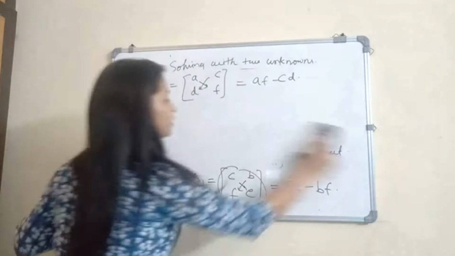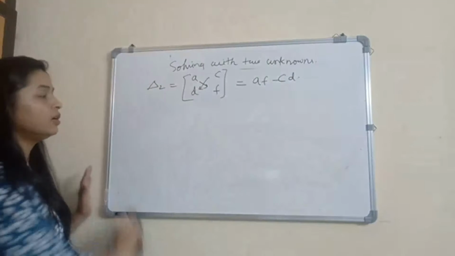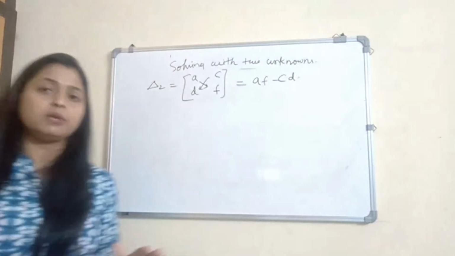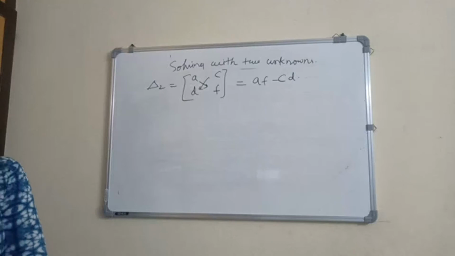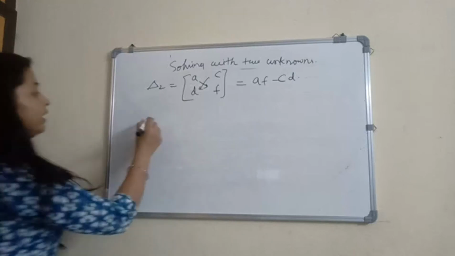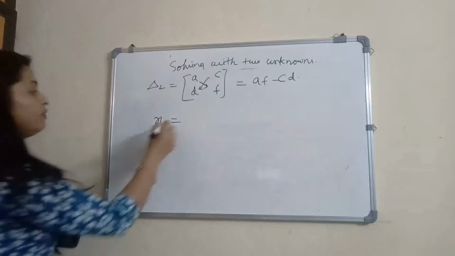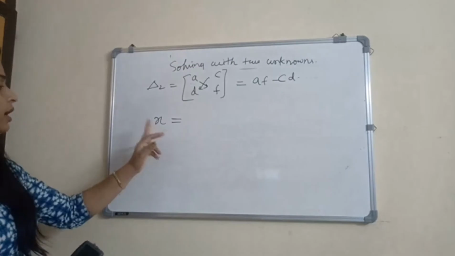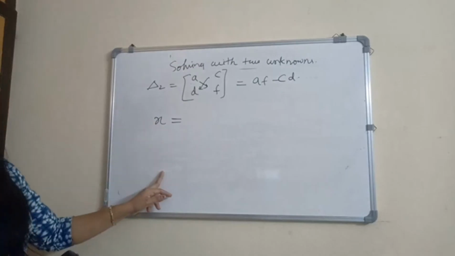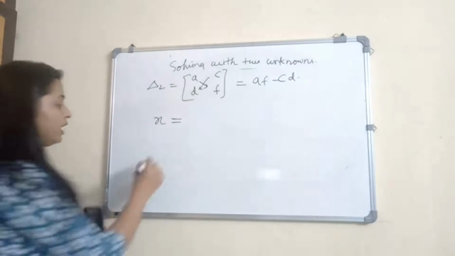Now, step number 4. If this equation were a 3 by 3 matrix, there would be 3 equations, del 1, del 2, del 3. And del is the common one. So now calculate the unknown values of x, because now we have calculated the coefficients. Now x and y need to be calculated. We need to calculate the unknowns, x and y.